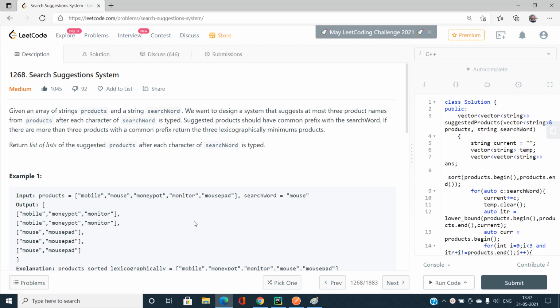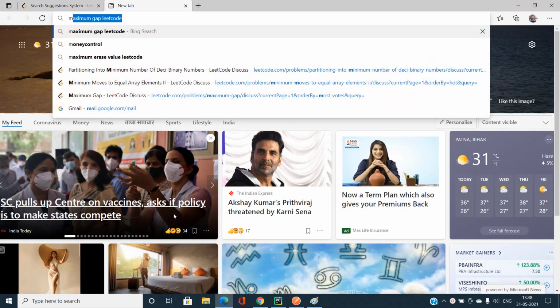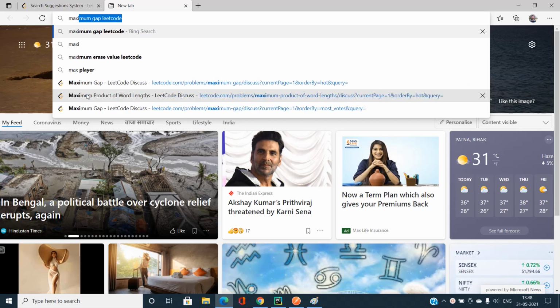This suggestion system is basically like when you want to search some string from a database, you start typing characters. Let me type m. You can see all the strings that start with m are listed over here. Similarly, all the strings will be listed.